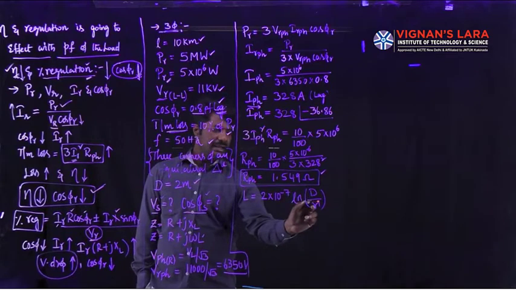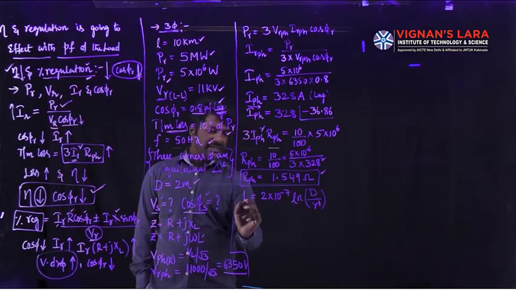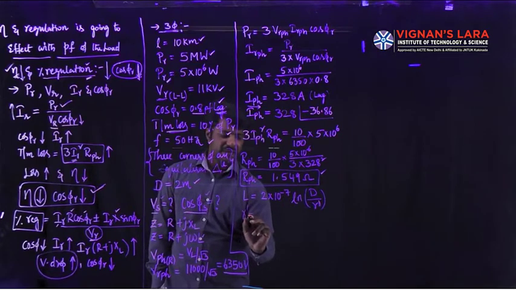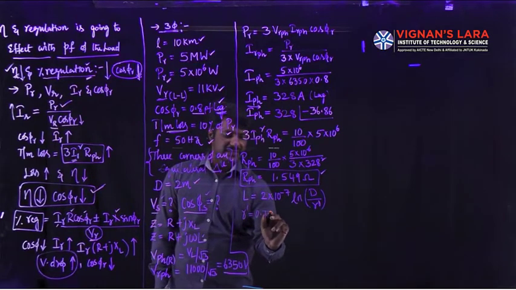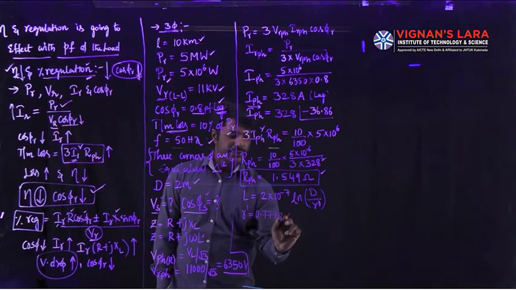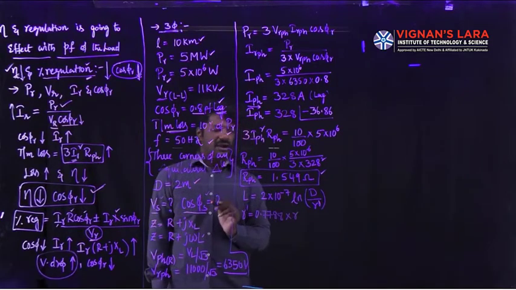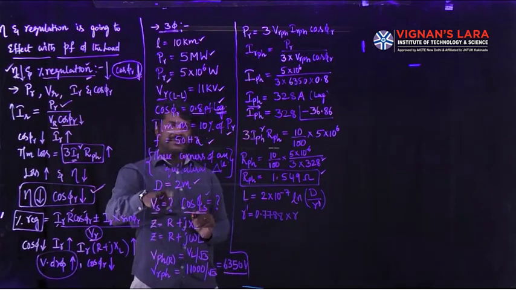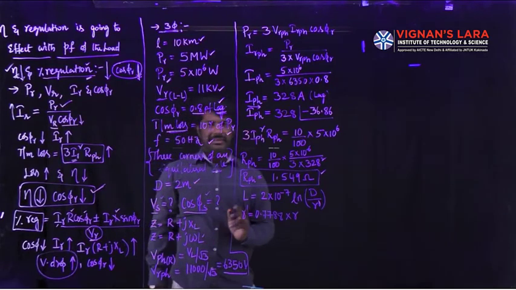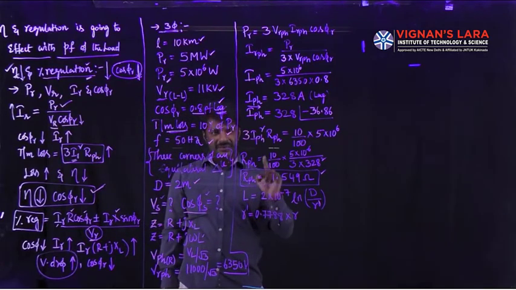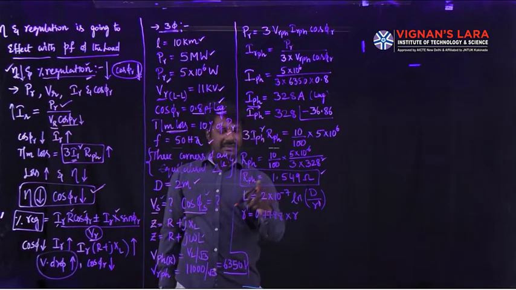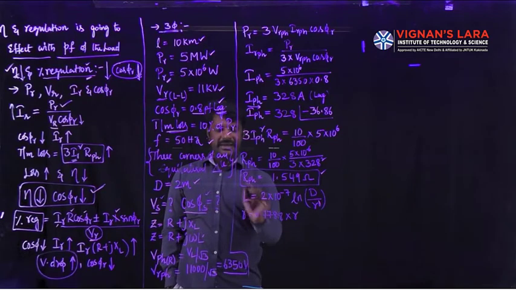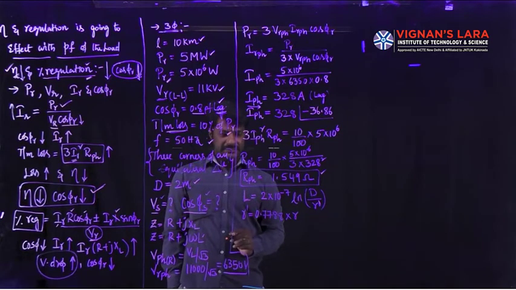given. Then to find out the inductance constant, we want r dash. What is r dash as per our formula? 0.7788 into radius of the conductor called r. But if you check the given data, the radius of the conductor is not given. Then we have to calculate first of all the radius. Then only we will get the magnitude of inductance L. Then how to get the radius r of the conductor?